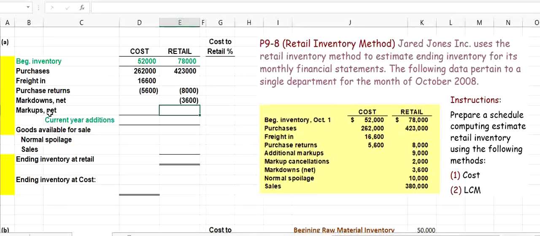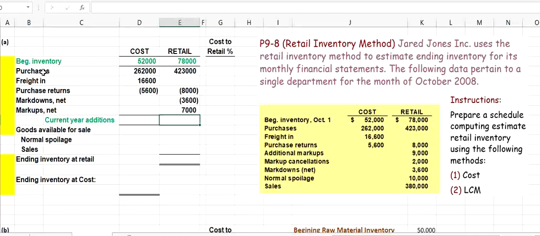value we have is markup net. That was markdown, this one is markup and its net value. So markup net is what? Markup minus markup cancellation. Look here, we have markup cancellation 2,000 and markup as 9,000. So markup is 9,000 minus markup cancellation 2,000. So 9,000 minus 2,000 is equal to 7,000, and markup is an increase in the retail value. Although it is cancelled, only 2,000 is cancelled, the remaining 7,000 is still there, so it's a positive sign. Do watch the video on the concept of markdown and markup net if you are still confused here.